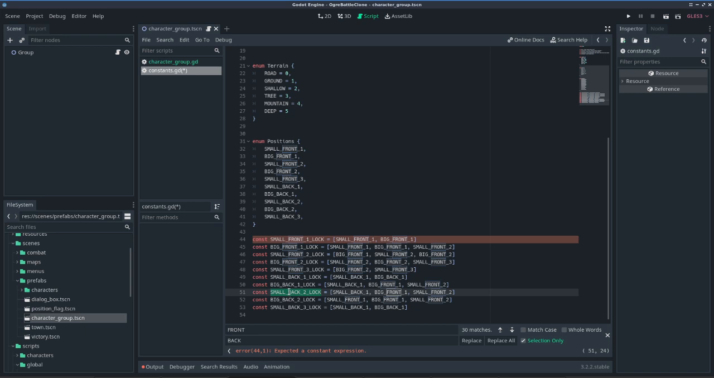Okay. Let's see. Small back. Okay. So, big back 1 here, and small back 2 is going to be lock. Okay, so this is good. Why is this one not good? Oh yeah, because I copied. I just copied the first one, so it's always going to be bad. So this one is